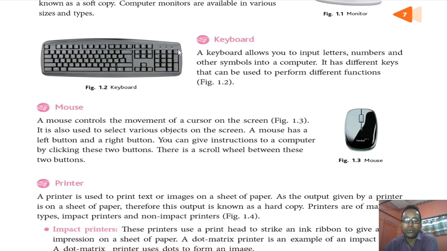And on the right hand side of your keyboard, you will find one pad that contains all the digits from 0 to 9 and a few arithmetic operators: plus, minus, star, slash, and enter. These are used for entering numbers and doing some calculations on them. Here you will find some arrow keys: left arrow key, right arrow key, up arrow key, down arrow key, home, end, page up, page down. These keys are used to move the cursor in a file from one place to another. So they are called navigation keys.